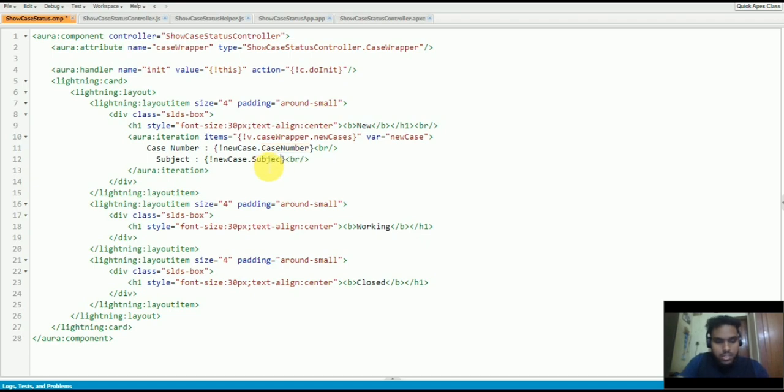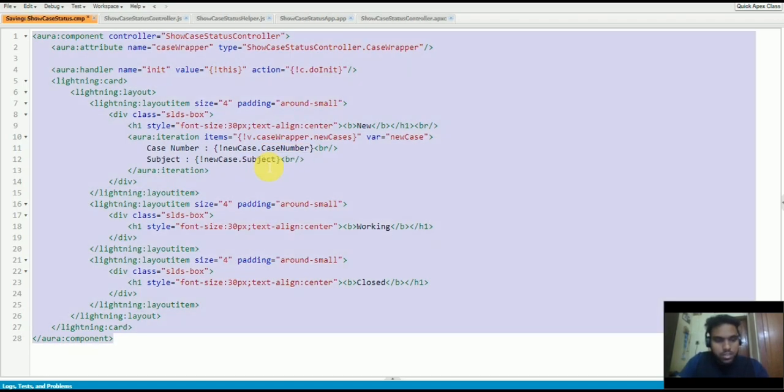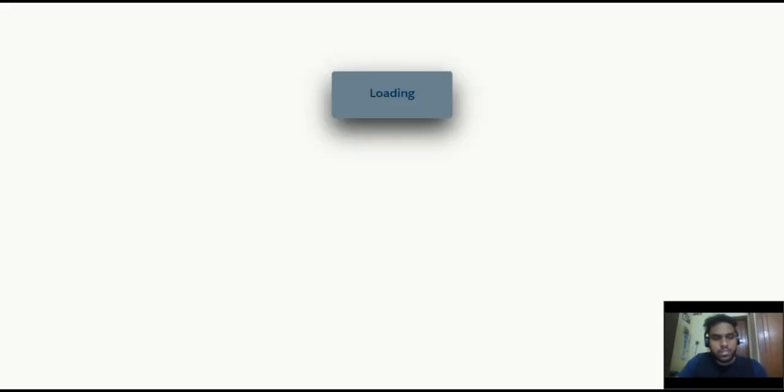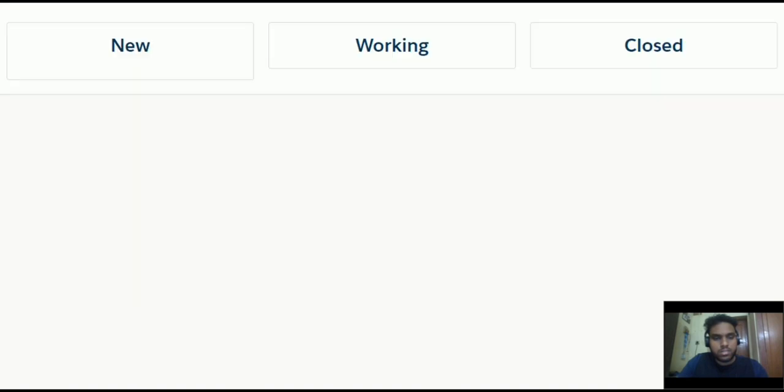It's going to be Subject, and I'll just go back to my application and refresh this page. And you can see here I'm getting the case number and also the subject.